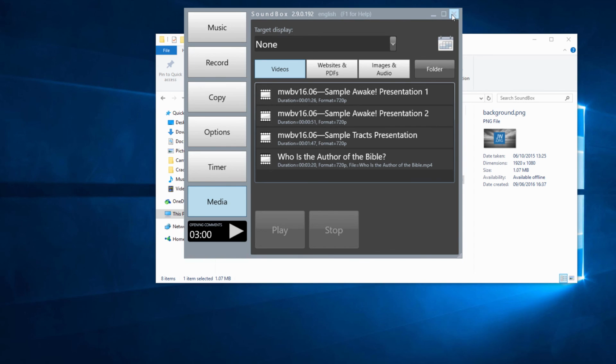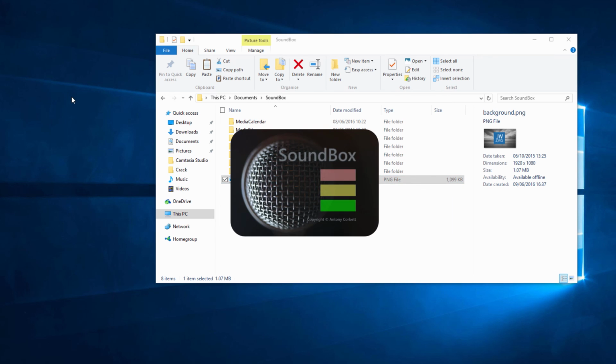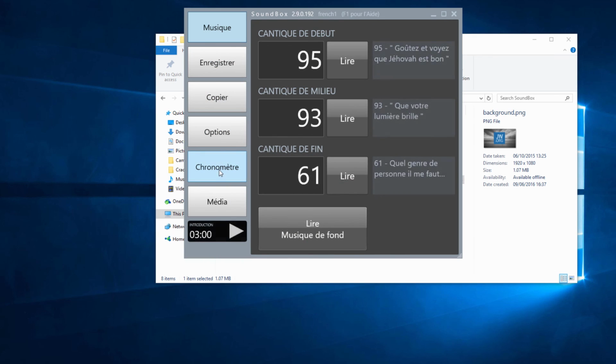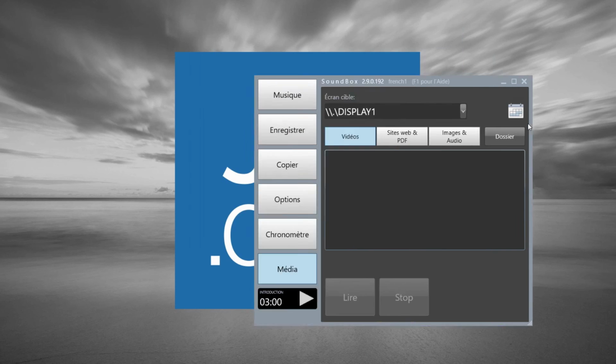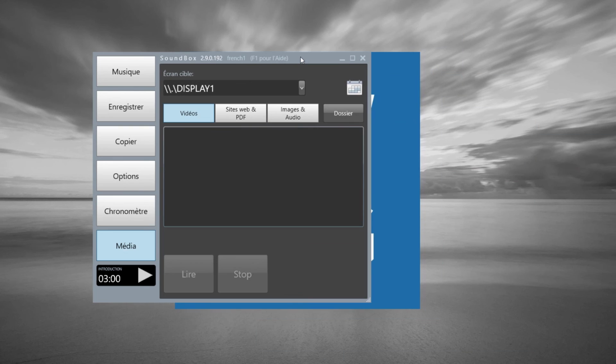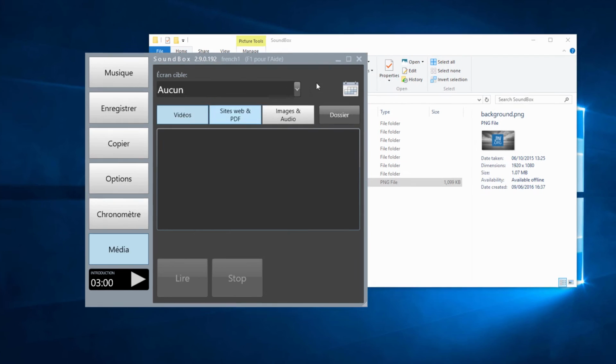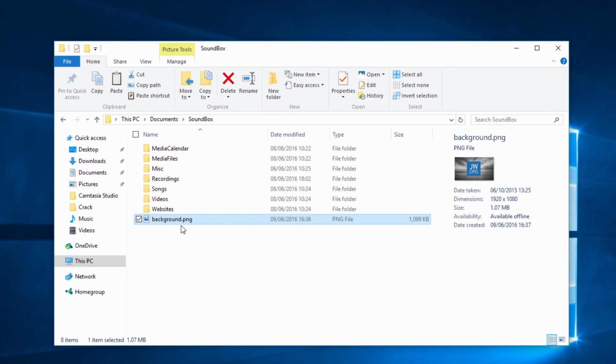That's great, but if I go to the French and go to Media and tell it to be Display 1, it's the same image, which is fine if you only want the same image. But if you wanted the year's text to be in English and the year text to be in French, the way to get around that, let's turn this off and close it, is to rename or create another background image, place it in here, but have background dot the language code